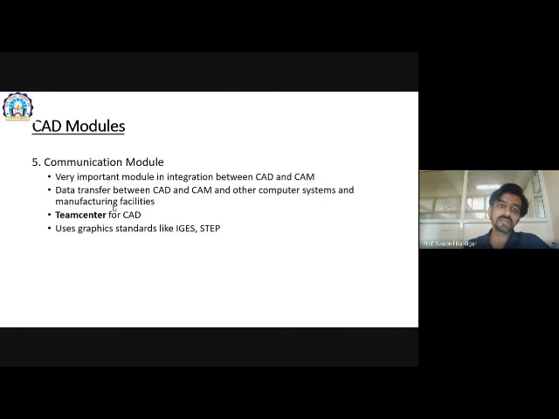So this is again a very important module, because every time we have to communicate between the systems, like a CAD system and the CAM system, or from my computer, meaning the CAM system, to my robotic arm. I have to communicate from my CAD system, my computer, to my CNC machines. So why is this communication required? It is required to transfer the data from one system to one machine, or one system to another system. And this is all done through LAN cables and local internet.